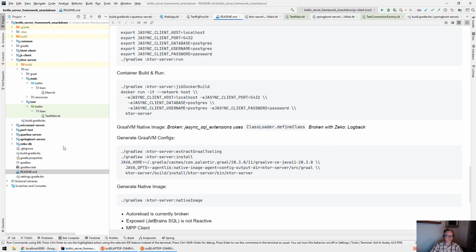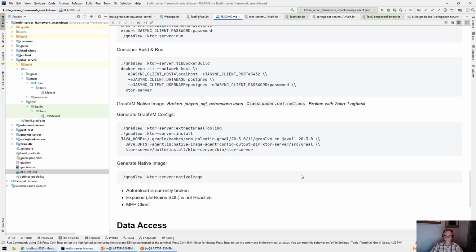And so then I switched over to the Zico stuff and still couldn't get the native image stuff working. So that was a bit unfortunate that I wasn't able to get GraalVM native image working in Ktor, even with the Zico stuff. I think I ran into logback issues,